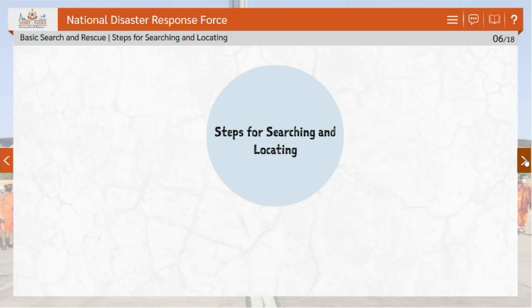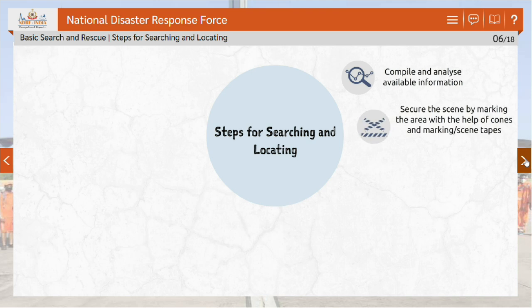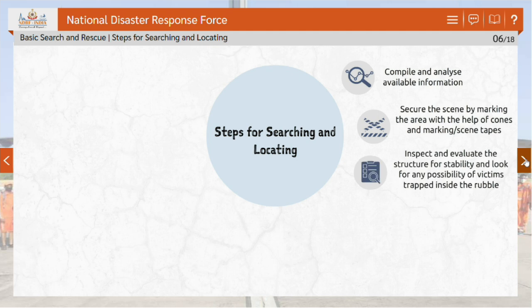Let us look at the steps for searching and locating the live victims. The steps include compile and analyze available information, secure the scene by marking the area with the help of cones and marking or scene tapes, inspect and evaluate the structure for stability and look for any possibility of victims trapped